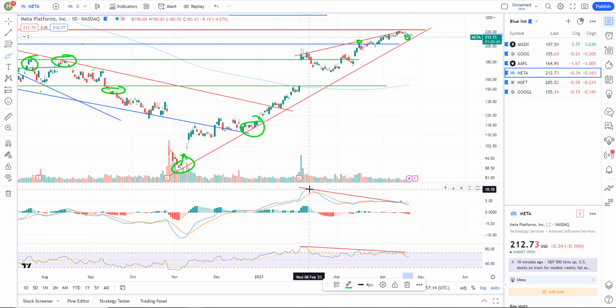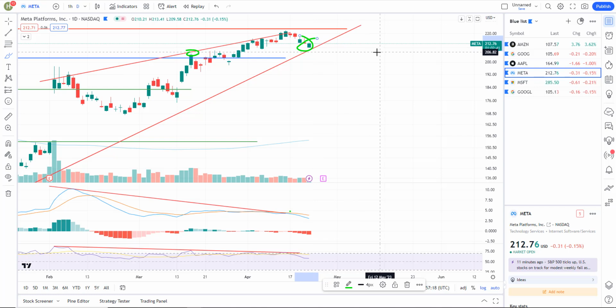Full negative divergence intact, bearish rising wedge, just not a breakdown yet. Again, I want to see impulsive selling. So these FANGs are likely just holding up into earnings. We've got earnings coming out next week, and then Apple the following week. So they're not likely to break down too much, or if they do, then we might get backtests, kind of spike ups on the actual earnings report. So something to look for.